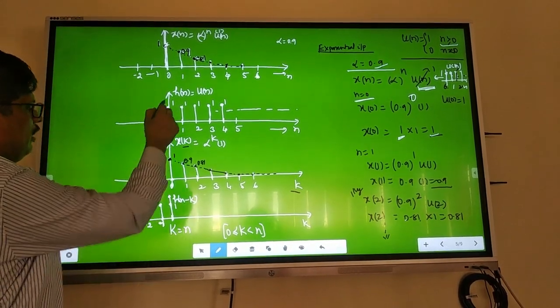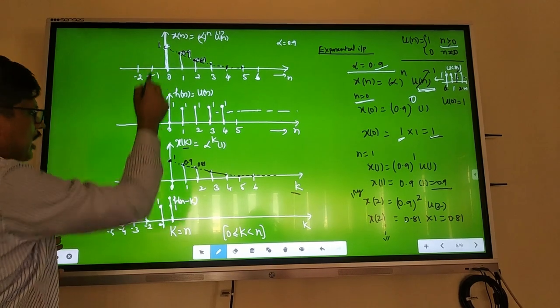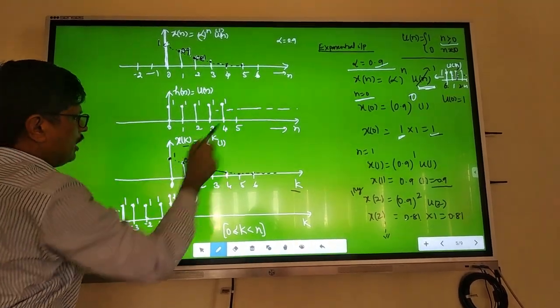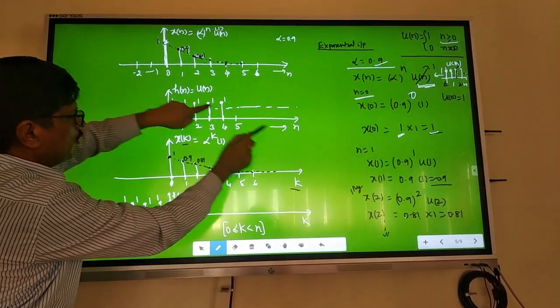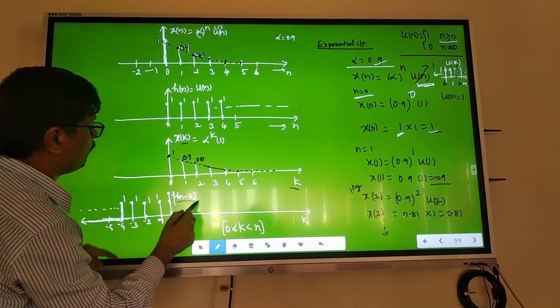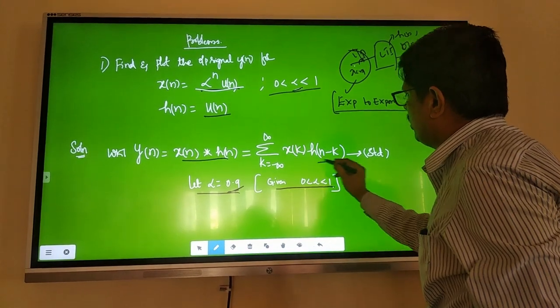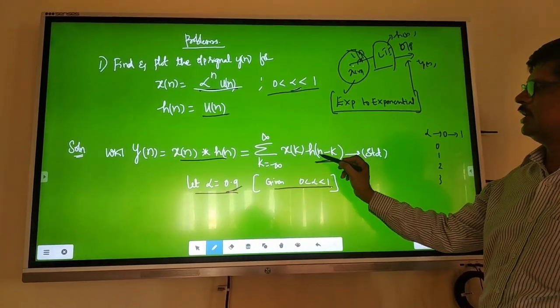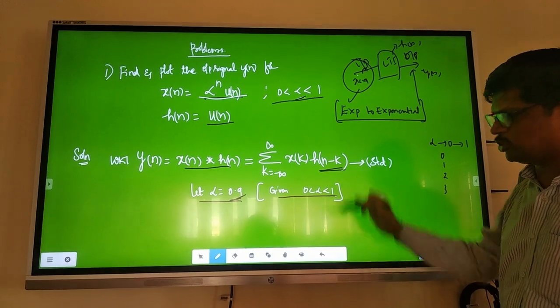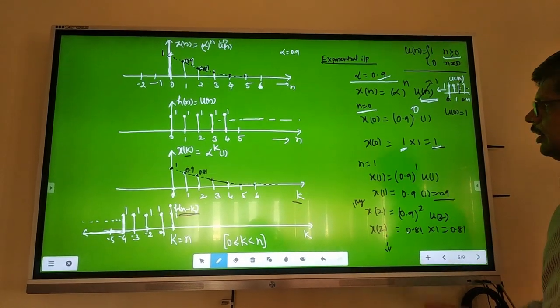Right. Similarly, the third one you take, the second one, write as the fourth one. The first one you take, write instead of x of n versus n, x of k versus k. Here, h of n versus n becomes h of n minus k. A shifted sequence you have to write. Why? See this. What is the second one you need? The mirror image. H of n minus k you need. This is a procedure. Just remember this.